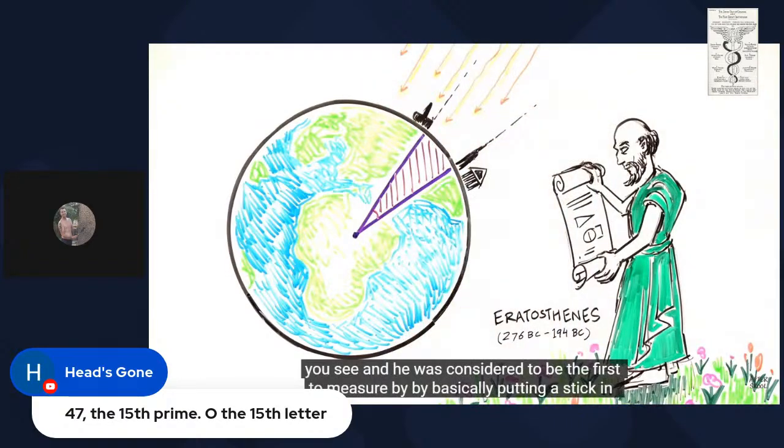You see, he was considered to be the first to measure by basically putting a stick in the ground and measuring the angle of the shadow on the longest day of the year over a couple of successive years. That's actually an exercise we do in the sacred geometry class because it's very interesting how he did that. But he was considered to be pretty proficient because he was able to determine that the size of the Earth